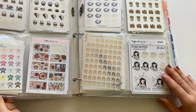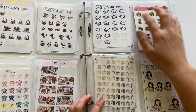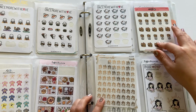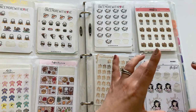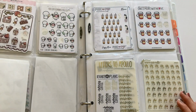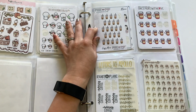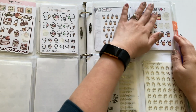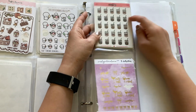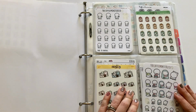Yeah, and it just kind of goes on with different categories. I know this category right here is going to be all fast food stuff, not just burgers, but chicken and that kind of thing. This is my noodle section, because I know we eat a lot of noodles. And I have a whole section dedicated to boba, because I love boba. And then coffee here. This side is hot coffee, and I know on the other side is going to be my cold coffee. So I just kind of have it organized like that, and it's been working for me